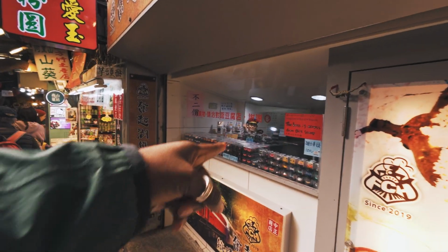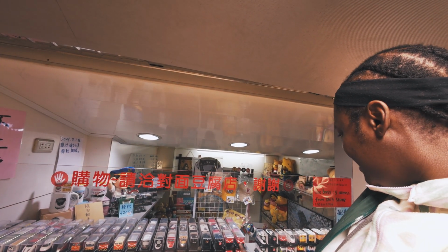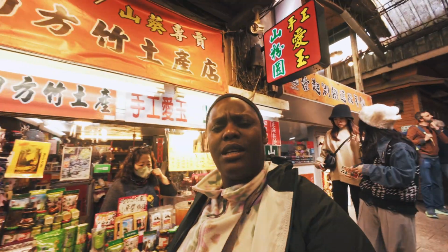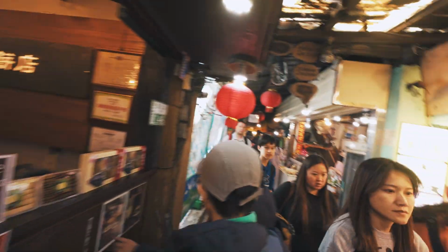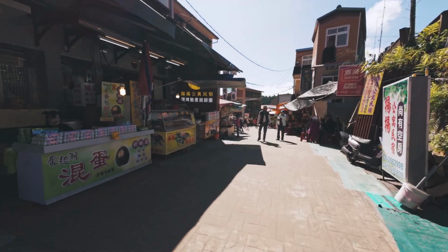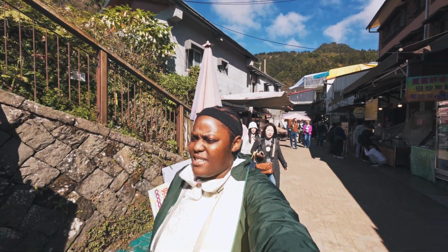This is so cute! You can buy your little tray, the souvenir. So cute! Alright, need to get some food before the train. We are so graced with the weather. I need to wear my glasses, but